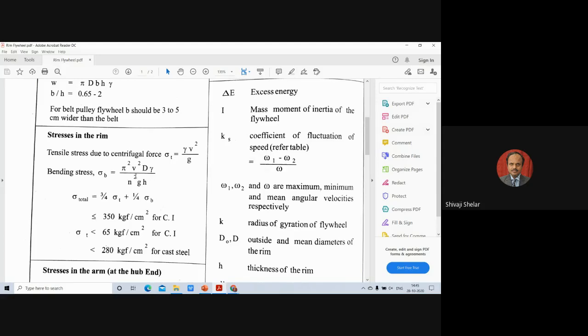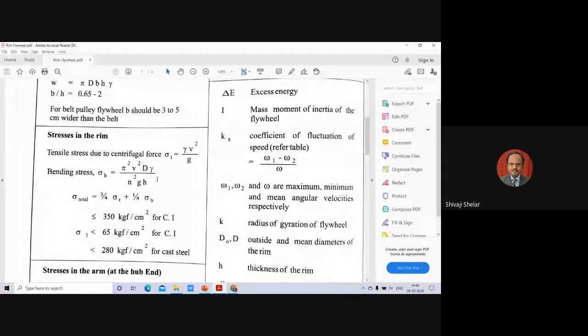I have just factorized that formula properly. I have taken pi and n term together since they are squared, so I have taken bracket pi by n bracket squared. Then d and h, they are similar terms. This is geometry. So d and h we have taken together. Then gamma v square by g I have taken together, which is nothing but your sigma t. So gamma v square by g can be written as rho v square.